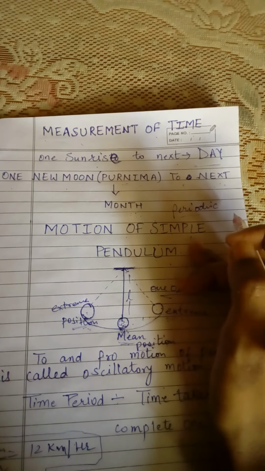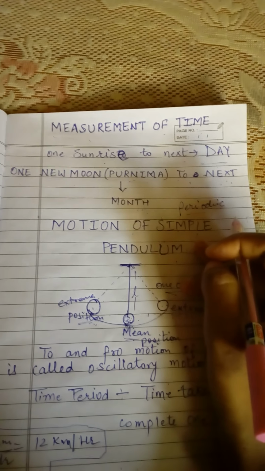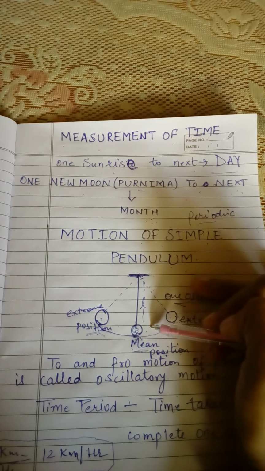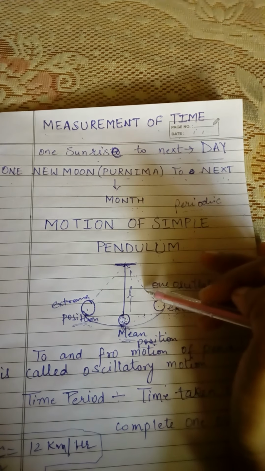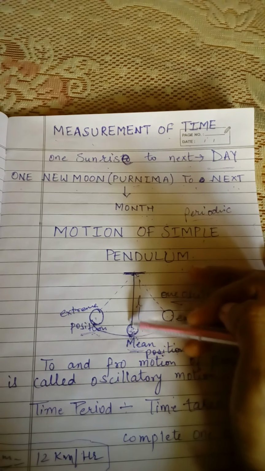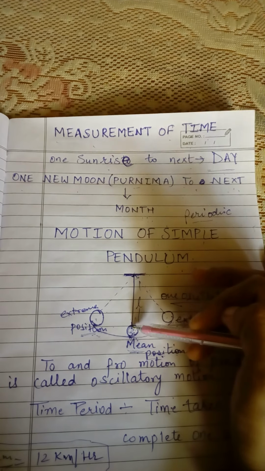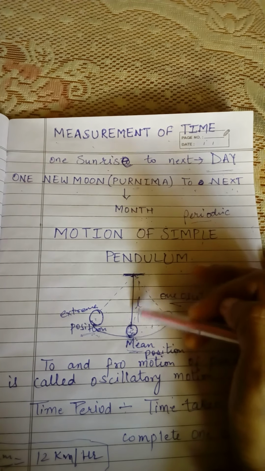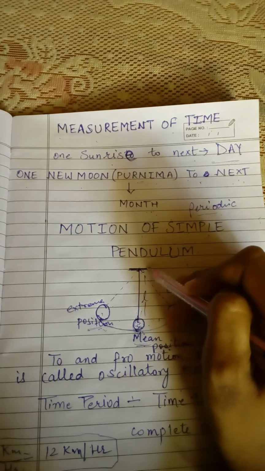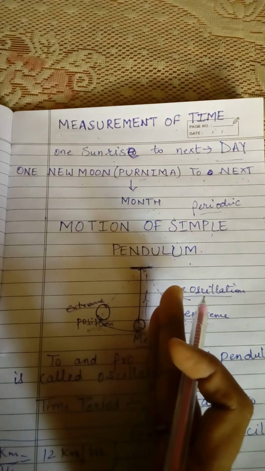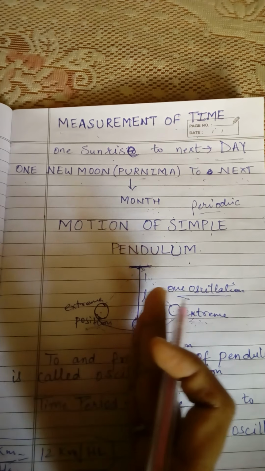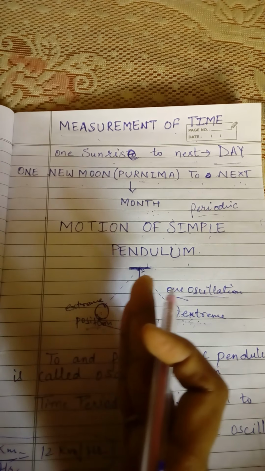I hope you have seen a pendulum in clocks. You can also make your own pendulum with the help of thread and a stone. So here we have a diagram of a simple pendulum. One end of this string is attached to a metallic bob, and the other end is attached to a rigid support over here. When we push this metallic bob by applying some force,